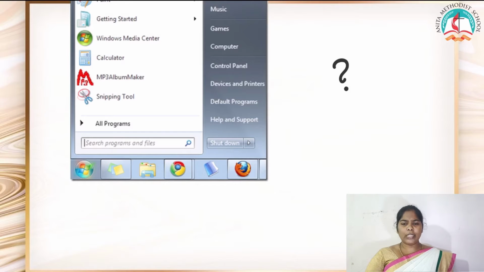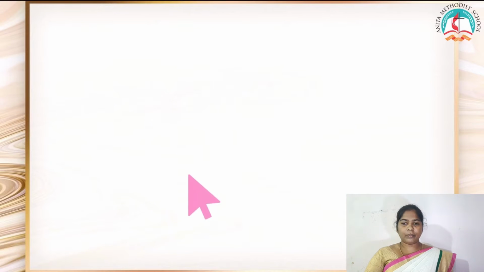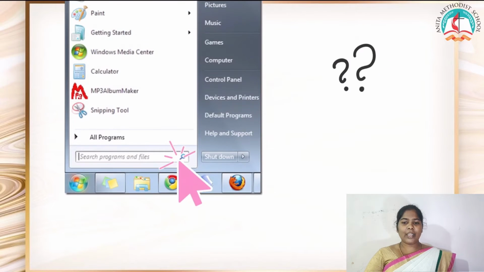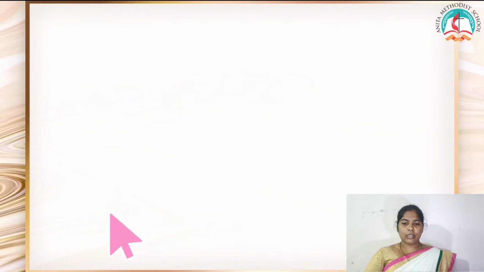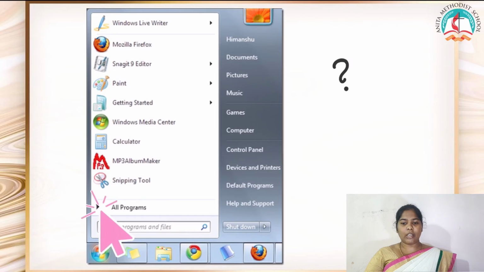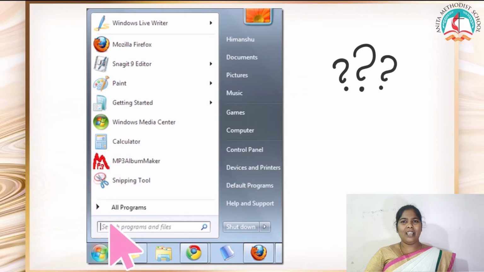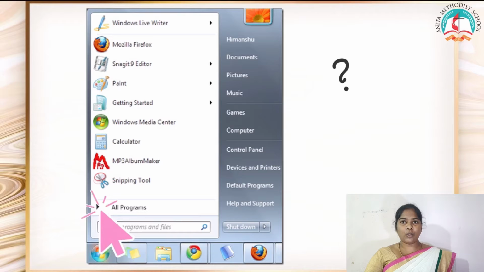First, when you look here, this icon that the pointer indicates is the start menu, which helps us to start the computer. The second one, can you see which one it points to? Yes, search programs. So that is a search icon. Now this one, mostly everybody works with the Windows operating system, so you know the uses of these operating systems. This one points out all programs.